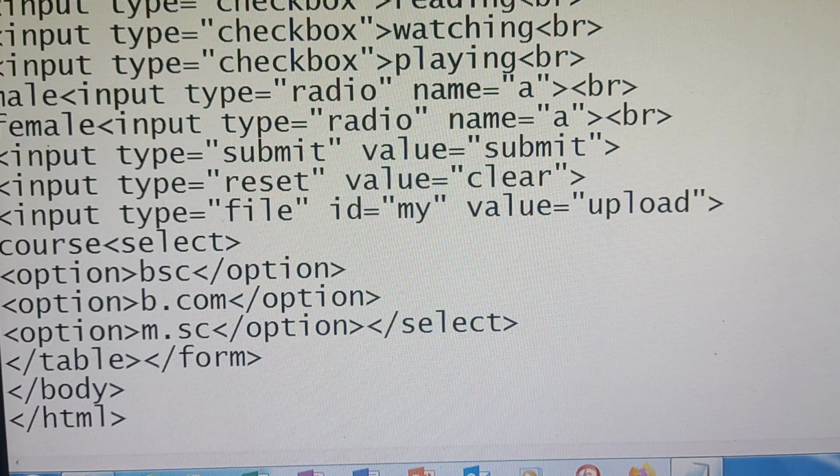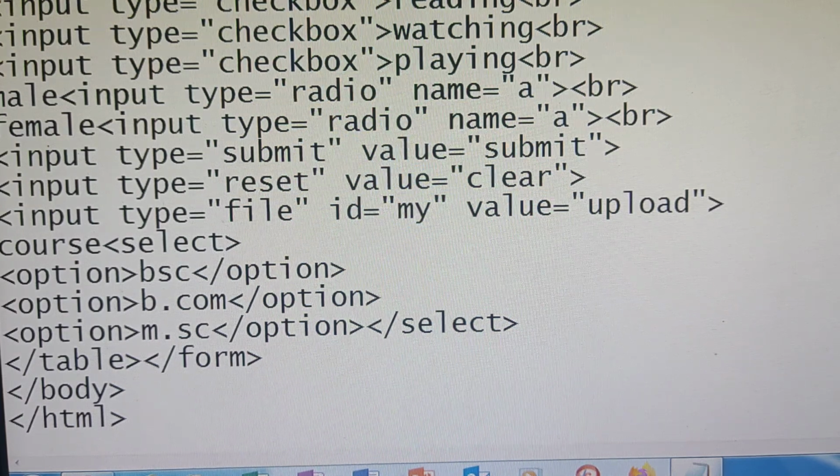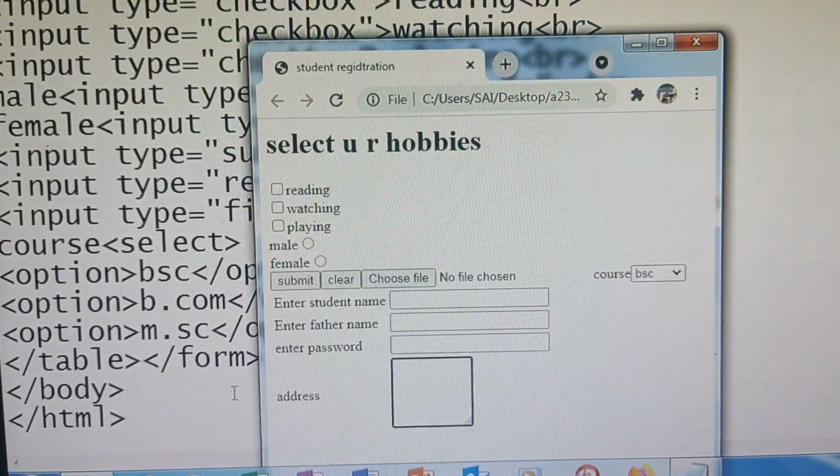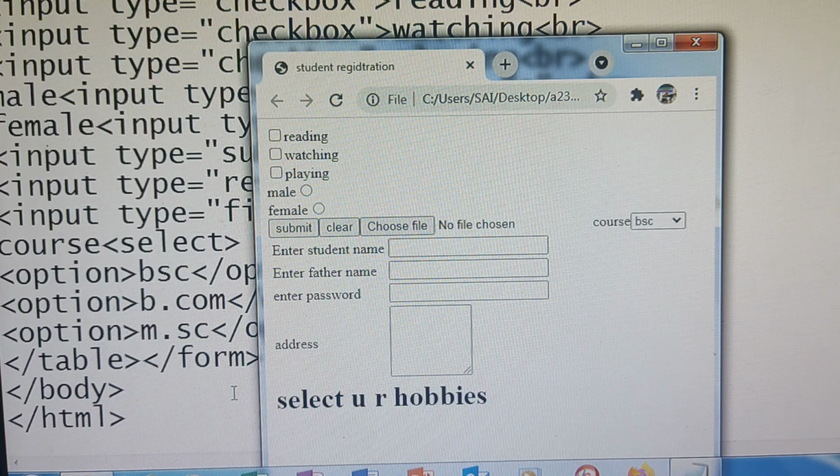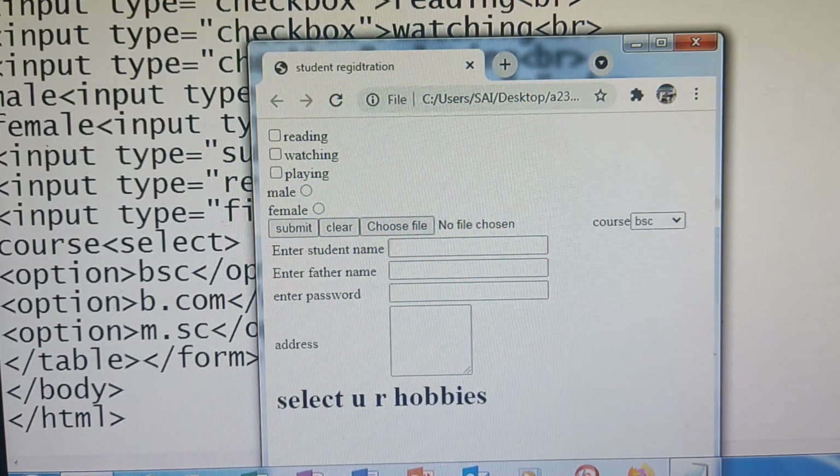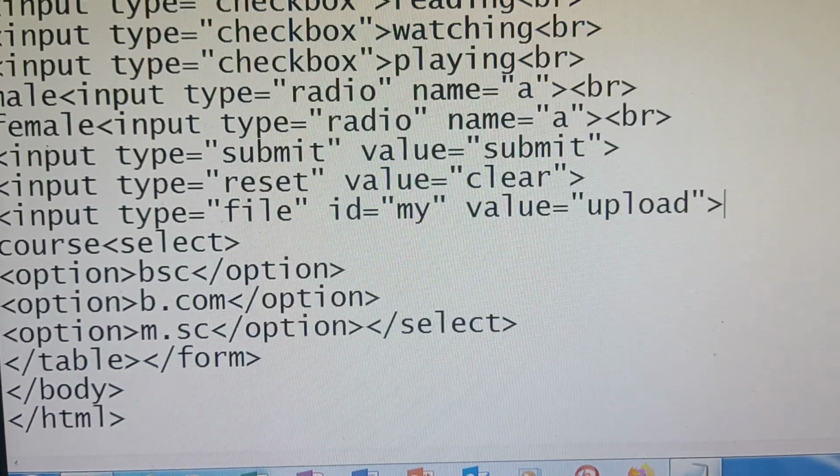Closing column means 2 columns I am merging because here we have only one text. Come to browser window, refresh this. Select your hobbies. Right. Like this, you can put all in a table.